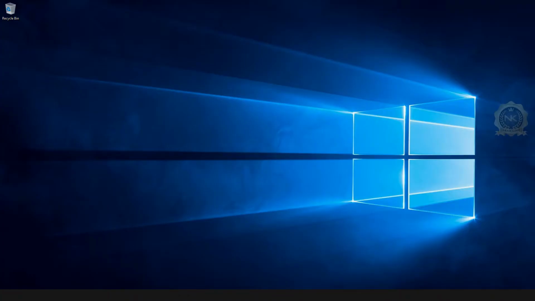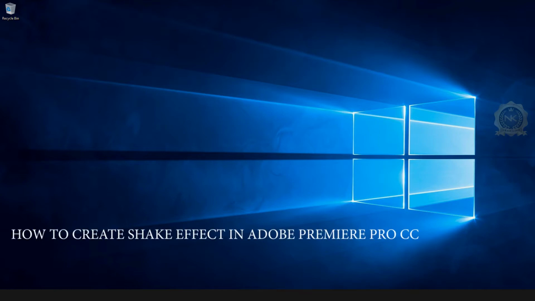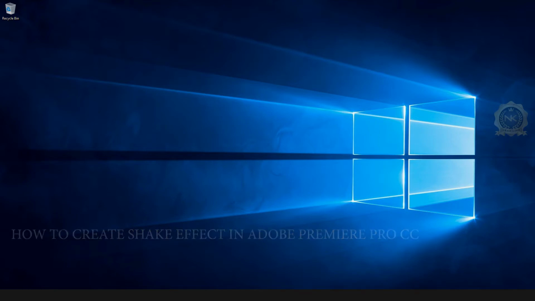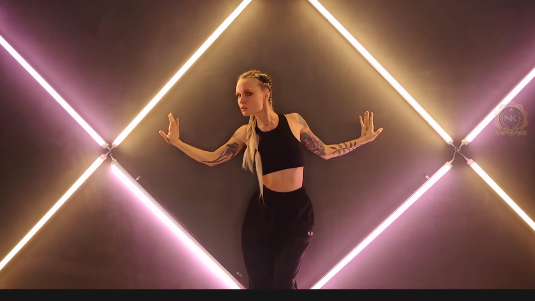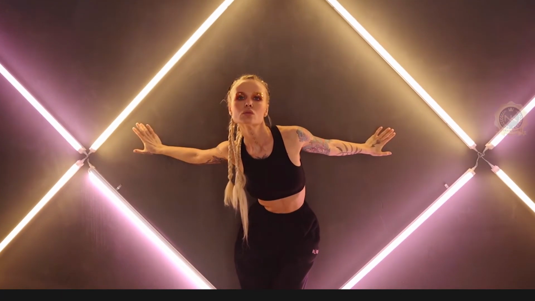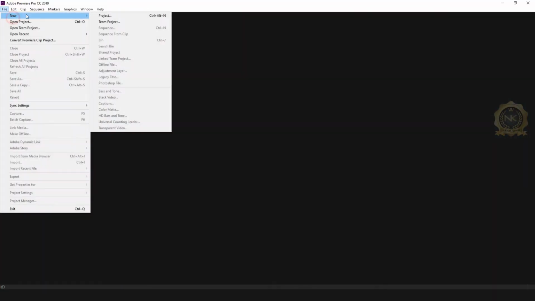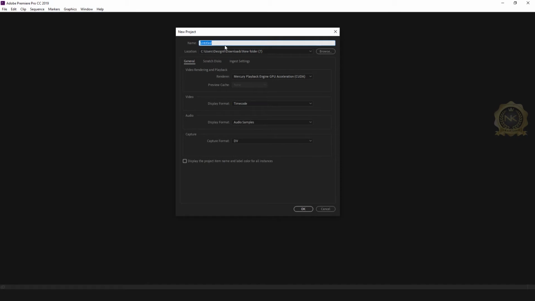Today we are going to learn how to create shake effect in Adobe Premiere Pro CC. Let's start. File, create a new project. This is the project name. Browse, select the file location, and capture DV. Okay,